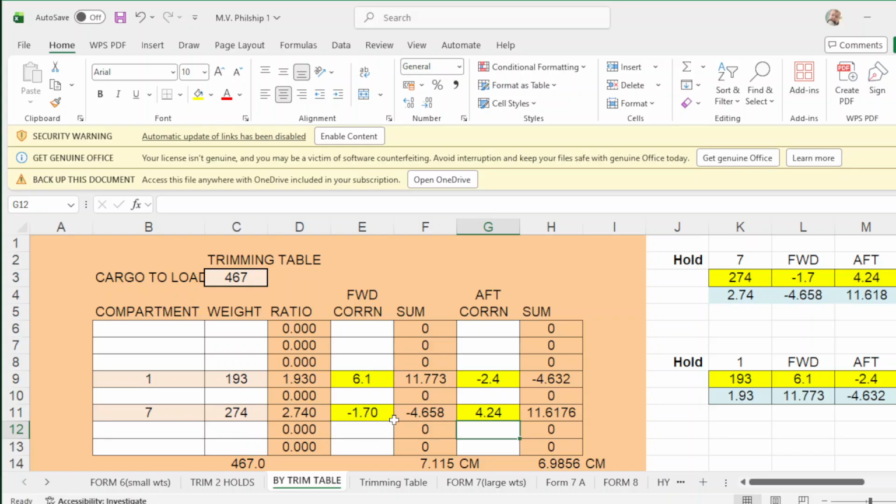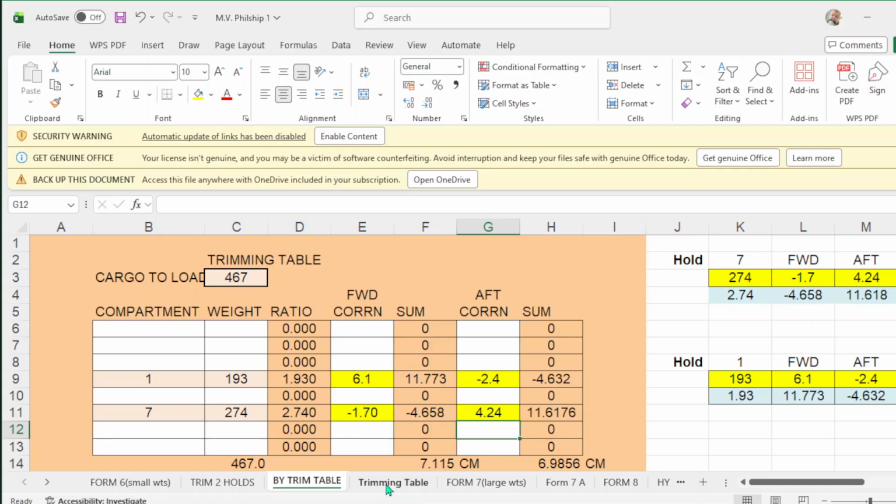So what is the correction in hold number 1? Take note, guys. 1 is 6.1 and negative 2.4. 7 is negative 1.7 and 4.24. So you apply the correction.